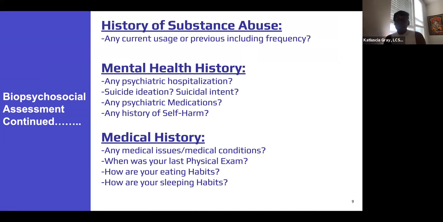People who have thyroid issues have a huge issue with depression and anxiety, depending upon what type of thyroid issue they have, right? We want to know a little bit about when was their last physical examination. That's super important. A lot of people will tell you, oh, I haven't been to the doctor in 5 years, in 10 years, right? How can we know this person as a whole if they don't go for a complete physical? Physicals tell us a lot about what's going on, right? Especially making sure that they do their blood work.